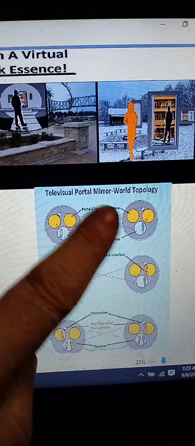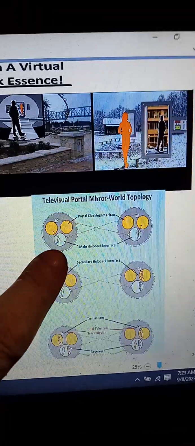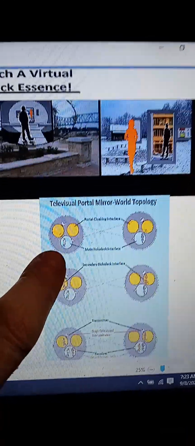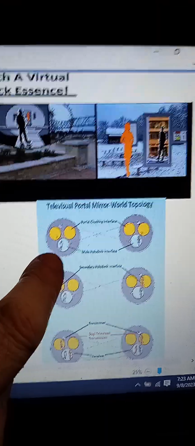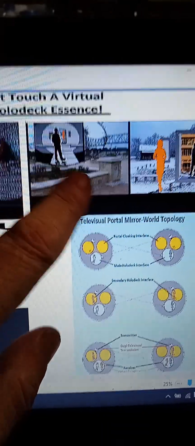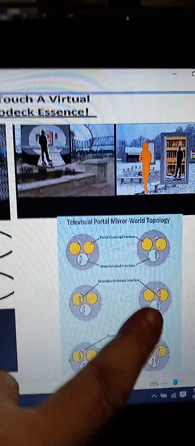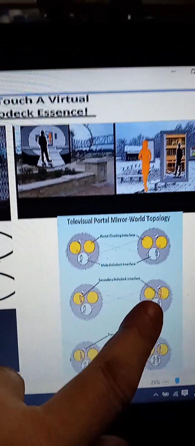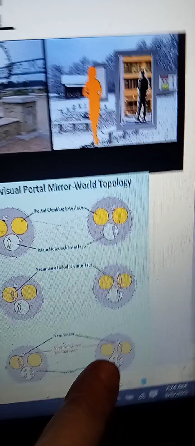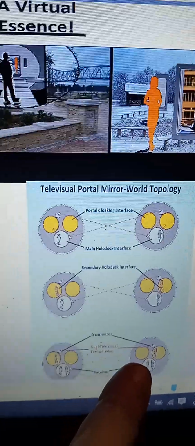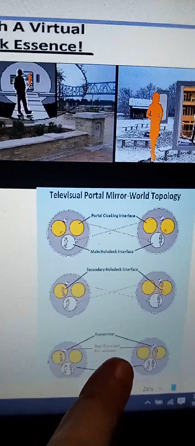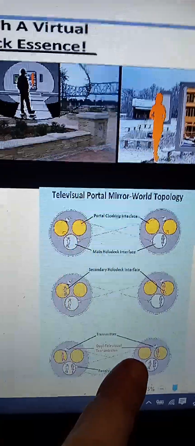And this is the portal mirror world topology. There's an invisible boundary out here. You can touch the televisual portal, its surface, but you can't touch the person inside. The one you can see, you can't touch. But the invisible object outside, the portal itself, you can touch.